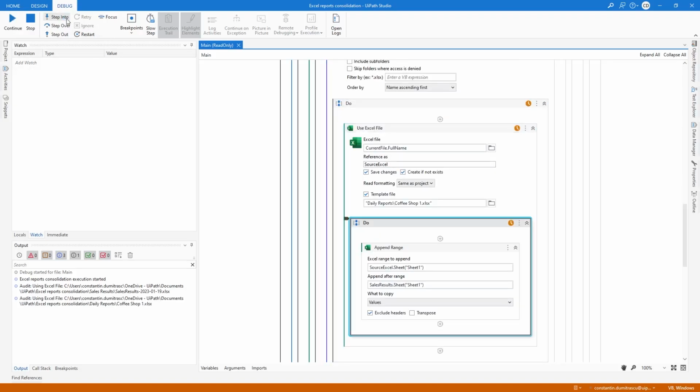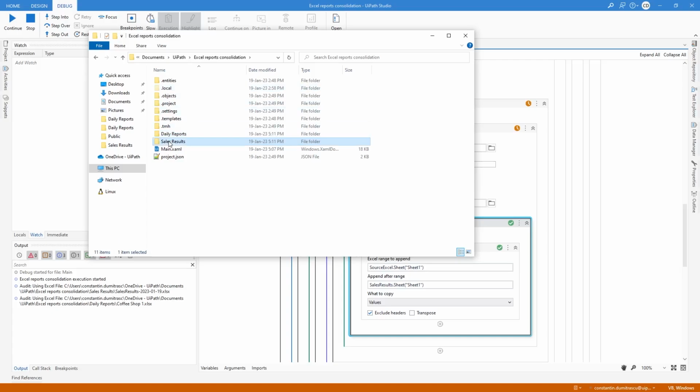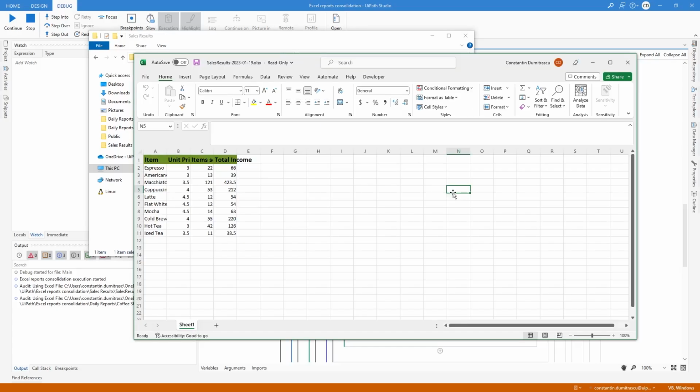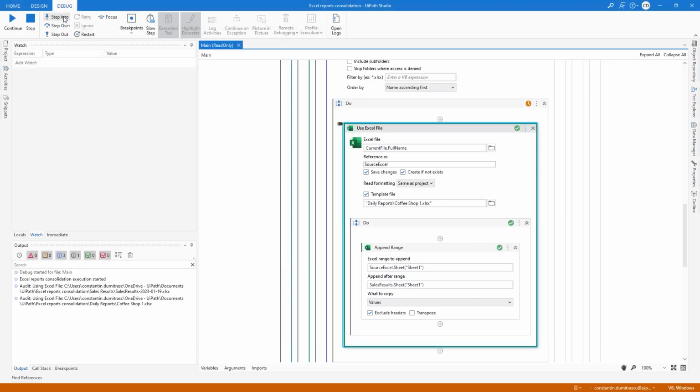Once we reach the end of the sequence, it means that we've finished processing our first input file and appending the data. We verify the records in the output file. We can see that it contains 10 records equal to the first input file. Great! Let's close the file and continue our manual execution to process the second input file. We click Step Into again